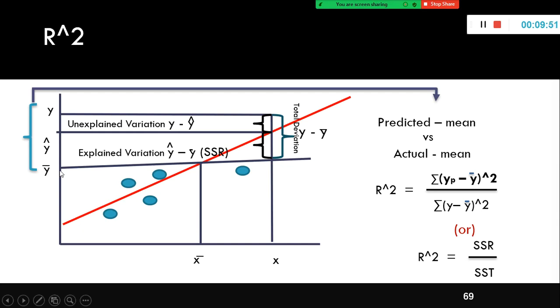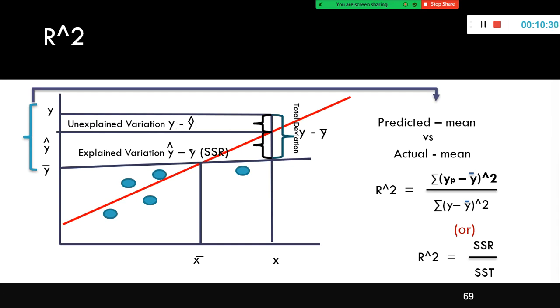So this is my mean value of y, and these are my actual values here. This is my actual housing price, and this is the predicted housing price, because the point where the line touches is where your predicted value will be. Hence I mentioned y hat here. Y hat is nothing but the predicted value. The difference between the actual housing price and the estimated housing price is what your error is. Error is nothing but unexplained variation.